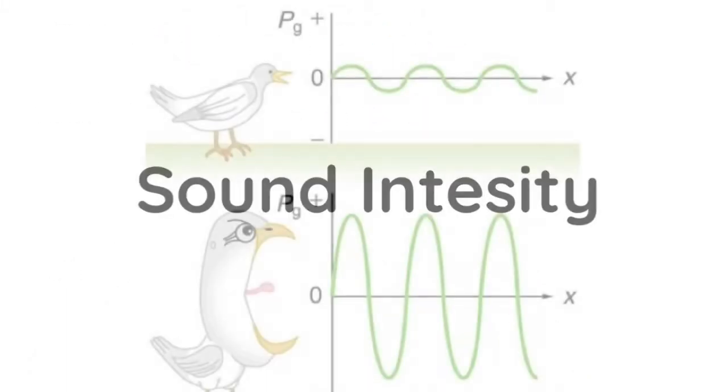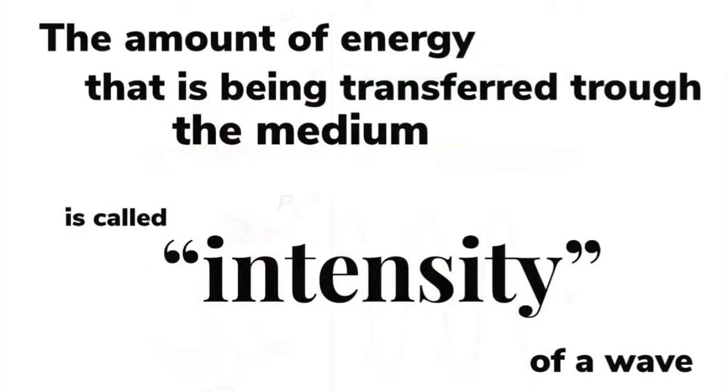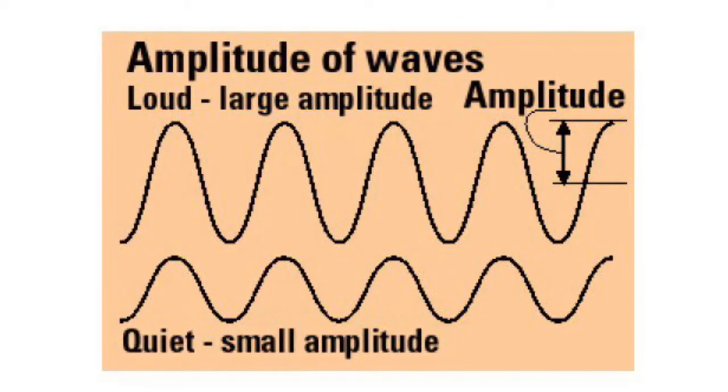The amount of energy that is transferred to the medium is dependent upon the amplitude of the vibrations of a guitar string. When we vibrate the string with more effort, it means that a higher energy needs to be transferred, and we also need more work to transfer a bigger energy. The amount of energy being transferred through the medium is the intensity of a wave. If the amplitude of the vibrations is bigger, it means there is a bigger amount of energy being transported.